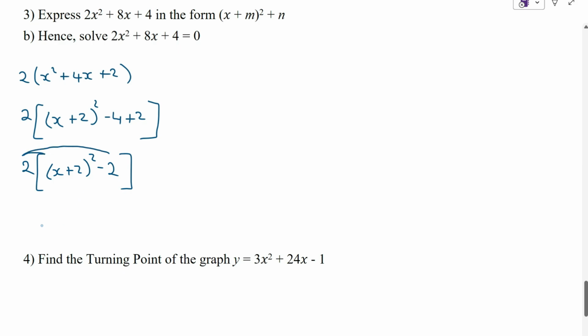Cross multiply, giving us a final answer of 2 brackets x plus 2 squared minus 4, and therefore solving this,